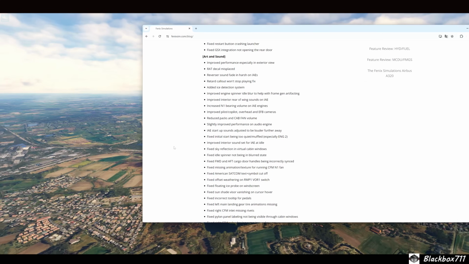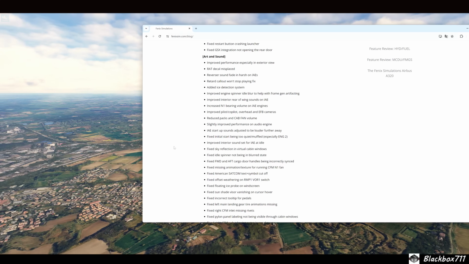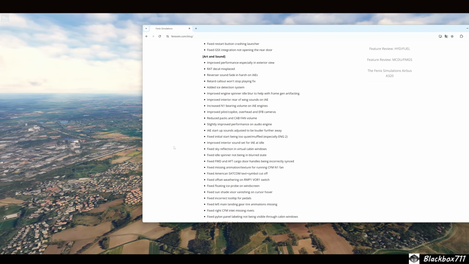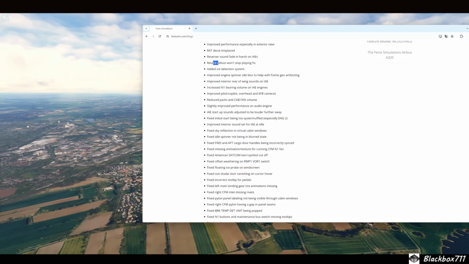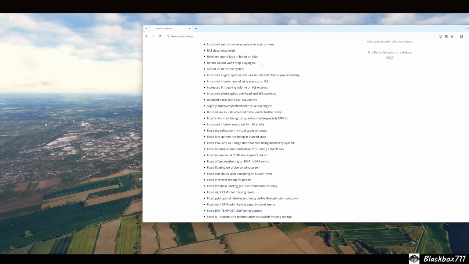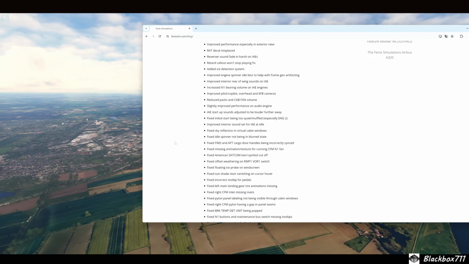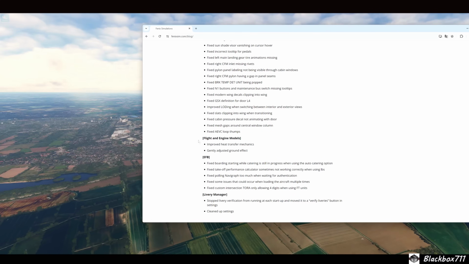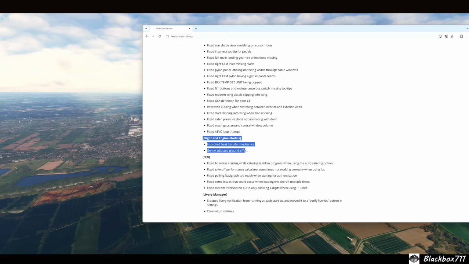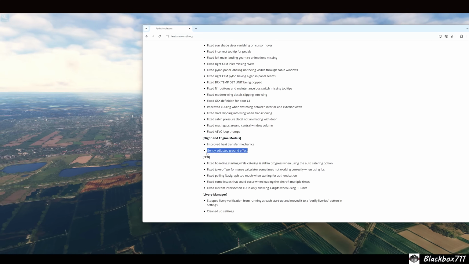I remember that there was one very annoying bug where the aircraft continued to call out retard. But yeah, as you can see here in the list of fixes, there it is. Retard call out won't stop playing was fixed. And then most importantly, I was looking for the flight and engine model improvements, and they said they gently adjusted